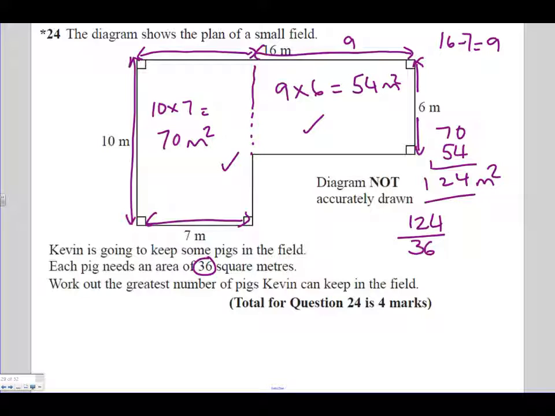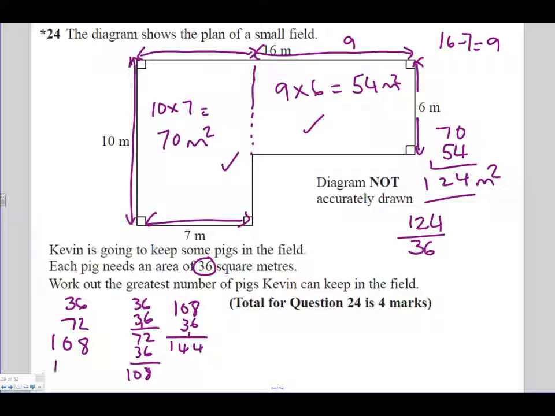Well, you can do it by long division, or you can do it by your 36 times tables. So just write 36 and then add another 36. So do it longhand if you need to. So 36 add 36 is 72, and then add another 36 is 108. And add another 36 is 144. Now that's all I need to do, because 144 is too big and 108 goes into our 124